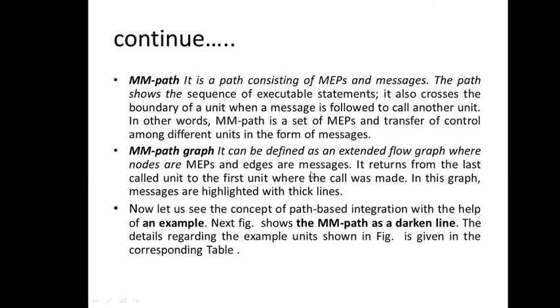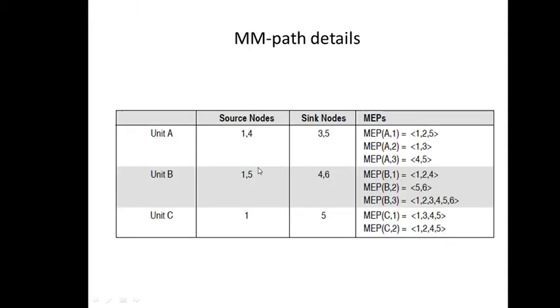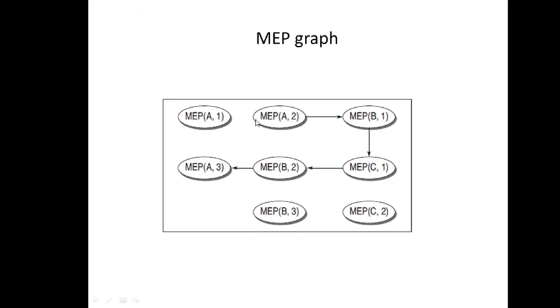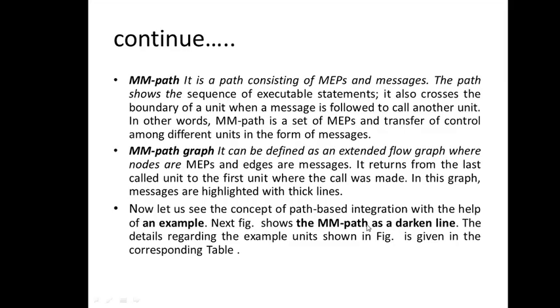So whenever a message is passed between any two MEPs, then we go on making an edge, else we never make an edge. See, no edge is represented here because transfer was not going from this module MEP A1 to MEP A2, right? But yes, there was a direct connection. A message was getting transferred here, so we made an edge, while here there is no edge. Now see how this is being developed, right?